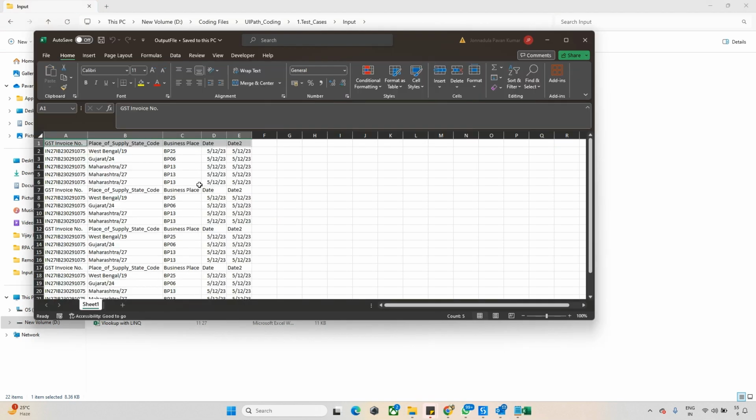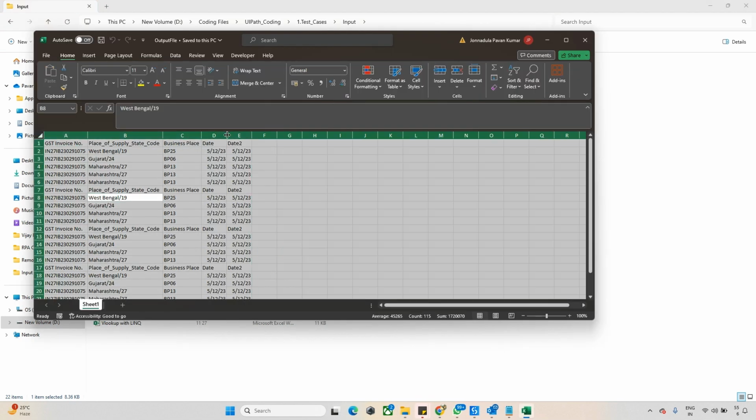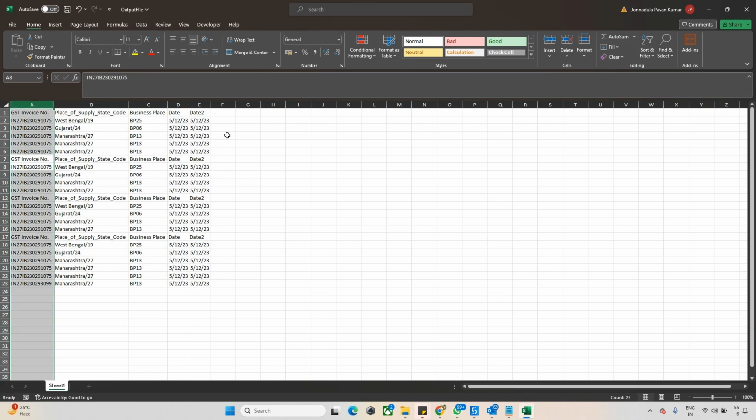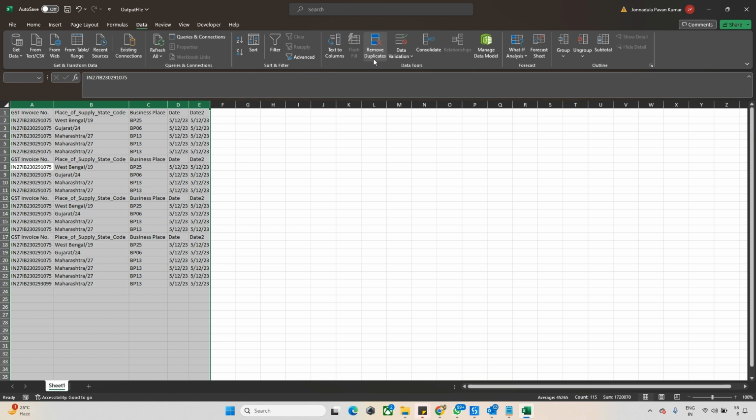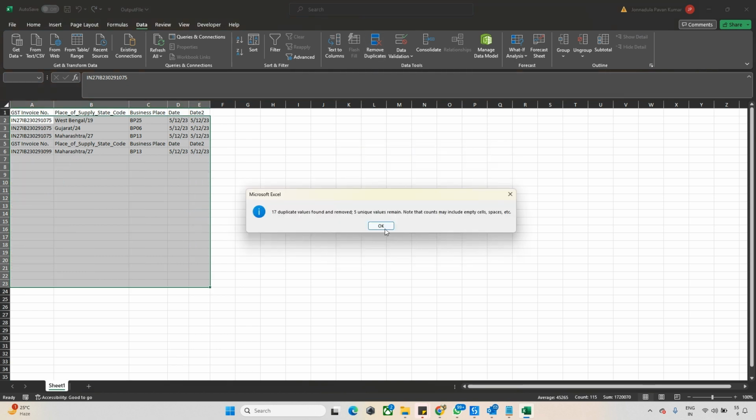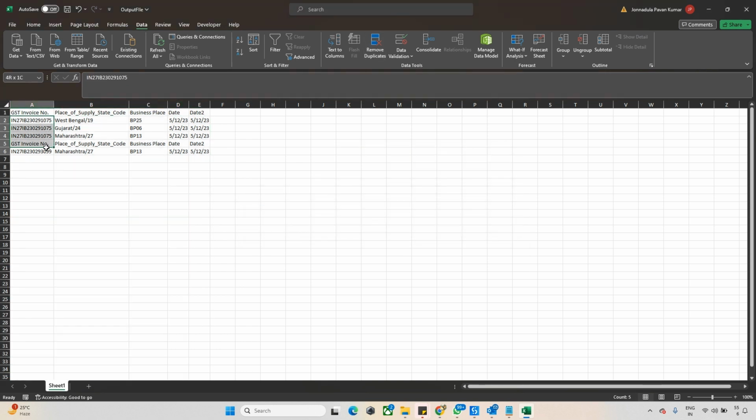So now I go to this output folder. Now if you see, this is my output folder. So manually I'm removing the duplicates. Let me go here and remove the duplicates. Once I remove the duplicates, I have only the 5 unique files. So now the same thing I need to get from the